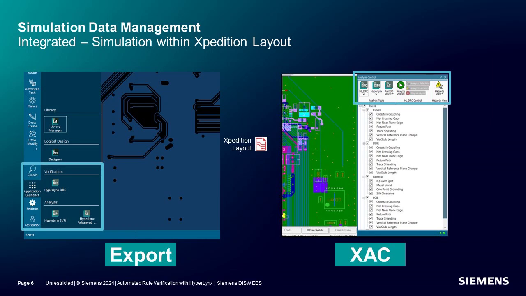This is an embedded Expedition GUI panel that allows you to run Hyperlinks DRC, Hyperlinks Power Integrity DC Drop feature, or the FastRD solver from Hyperlinks Advanced Solvers. These three features are available, and you can run them and make real-time changes to the board because you're still in the Expedition layout environment. Hazards or rule violations from Hyperlinks DRC will be reported with Hazard Explorer, allowing layout experts to run rule verification directly in their own tool.